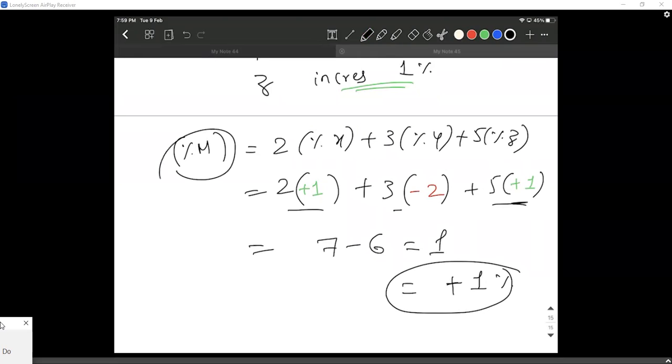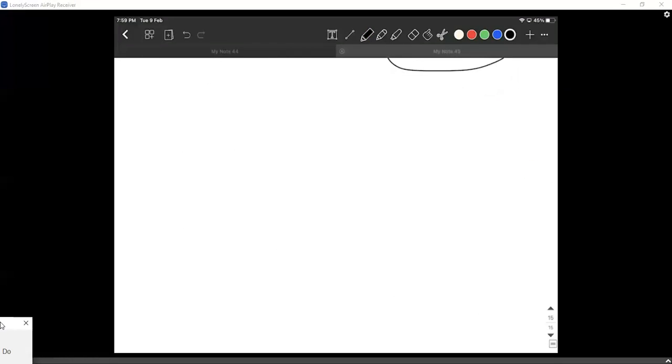So m will increase by 1%. That is what you need to write. m will increase by 1%. Okay, there could be another question. Let me give you another question. Let us call capital L equals A square B cube by C square. So here I have to write percentage change in L equals